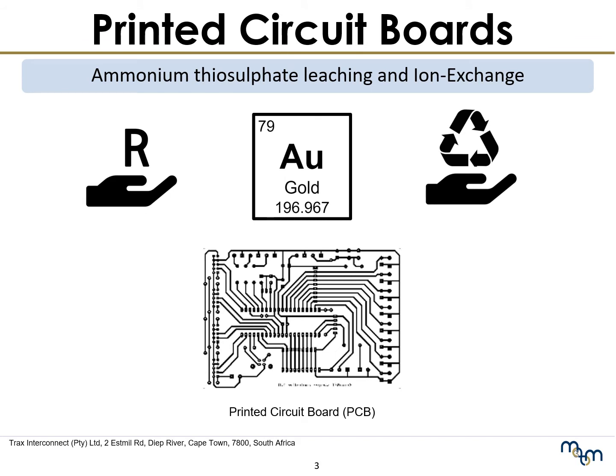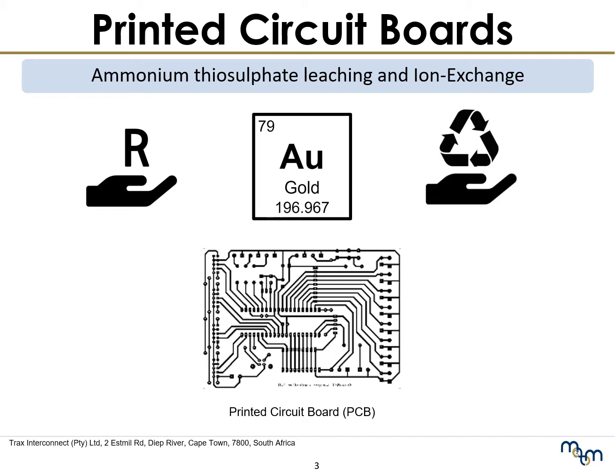PCBs are approximately 6% of the total weight of e-waste. However, this e-waste category contains the most monetary value in the e-waste sector. The value of the PCB stream is largely attributed to precious metals, primarily gold, found on the board. Considering that e-waste is one of the fastest growing waste streams in the world and the global shift towards sustainable management of resources, there is an increased need to explore recycling options for the recovery of gold found on the PCBs.